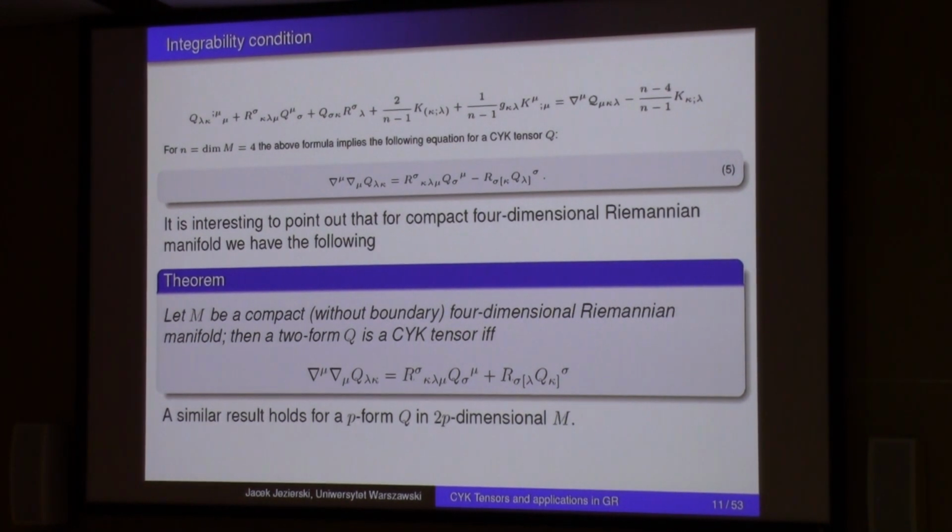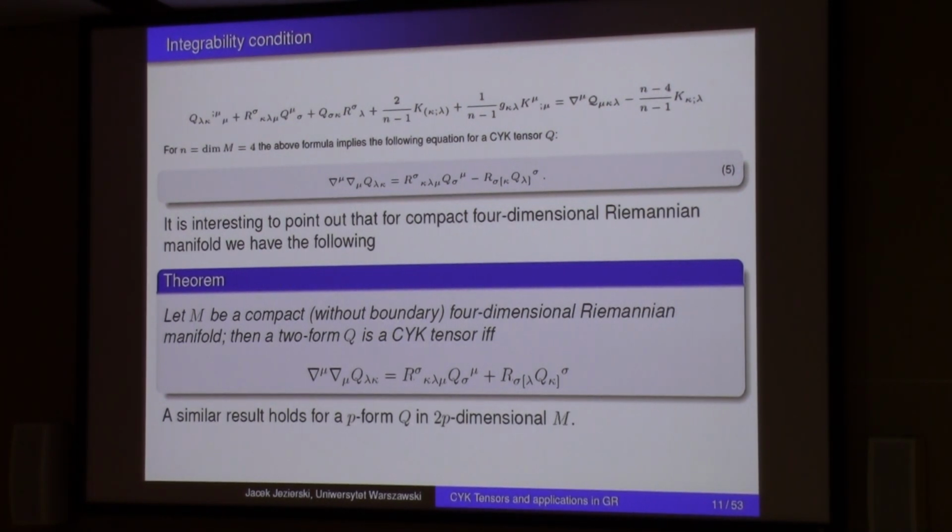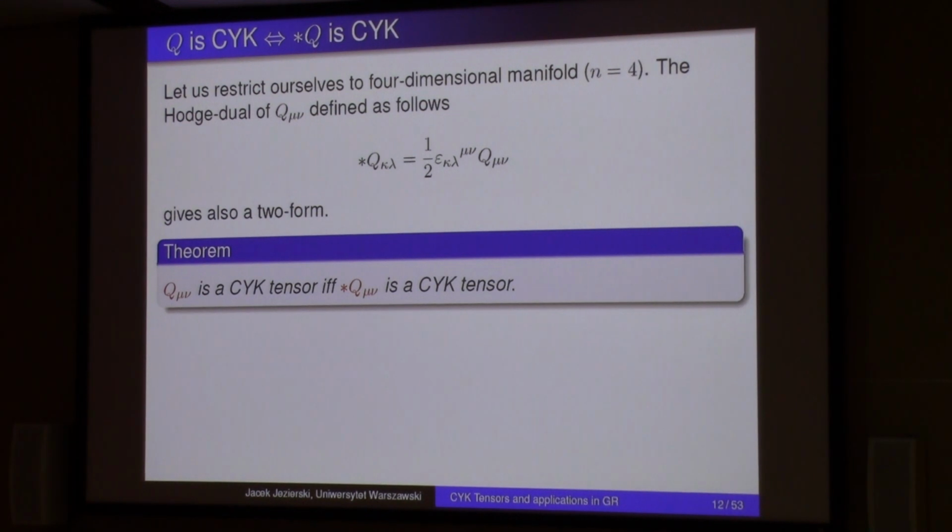Okay, so this is not physical, because we assume that M is compact and this is a Riemannian structure. However, in this case, because there is no boundary, we have a nice property that this overdetermined system of equations for Q reduces to one equation. So it's some Klein-Gordon equation, and it is nice to know this. And okay, so the next property,